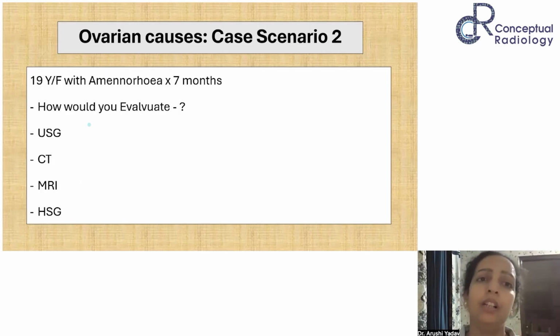Now we have another case scenario. We have a 19-year-old female, and she complains that she's had amenorrhea for 7 months, right? So this is obviously what, a primary or a secondary? She says since 7